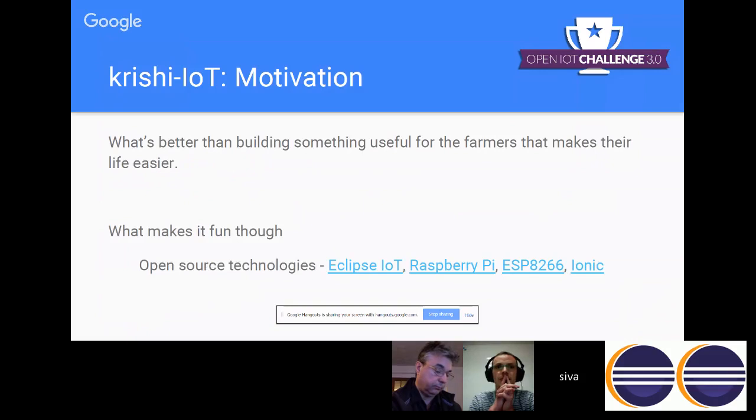Who doesn't know Raspberry Pi here? I am pretty sure everybody does. It is a de facto standard for IoT introduction on the devices layer. There is another cool chip that I came across, the ESP8266, for low-end computing. It is a pretty cheap device, around $4, I guess, with a Wi-Fi connection,